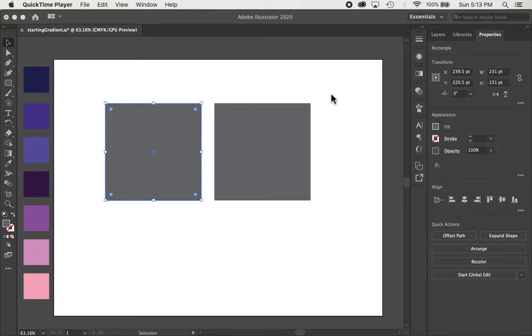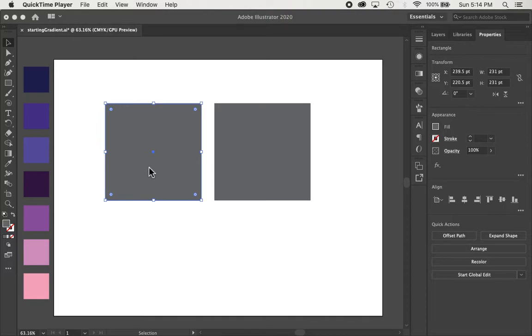So in this video, I'm going to show you how to work with gradients. Gradient is a fade from one color to another, so it's going to require more than one color to be applied. So far we've been working with flat colors, meaning it's just one solid color. One of the reasons why you would want to use a gradient is to apply shading. And so as we get more advanced, we can just make things look a little bit more realistic when